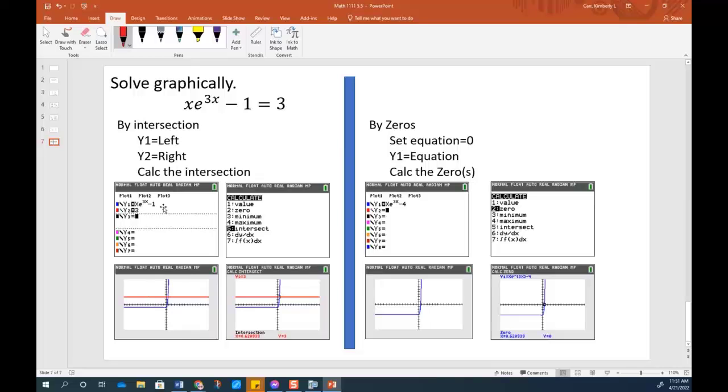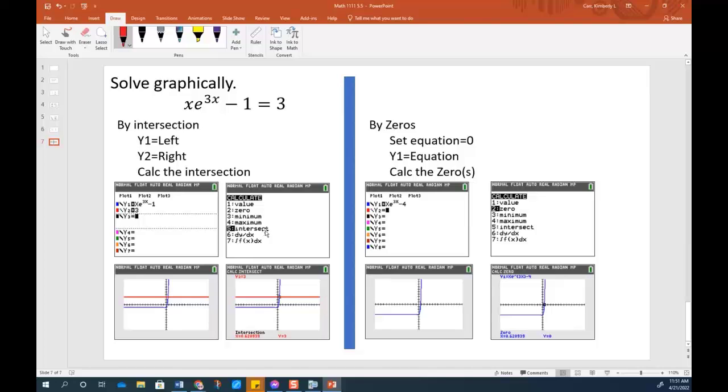You graph them. Now, when we graph these, if you don't see the intersection of the two sides, you will need to change your window. This one I didn't need to change my window on, but that is something to watch for. So this one may require that you change the window so that you can see the intersection. If you can see the intersection, then you can tell your calculator to calculate that intersection, and you give it